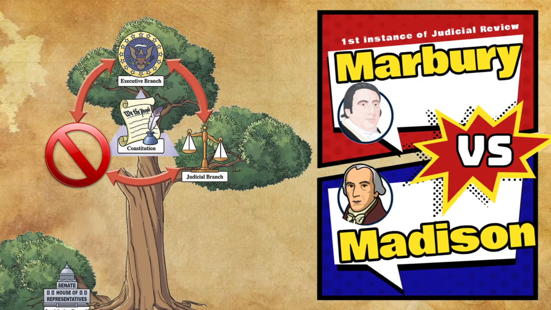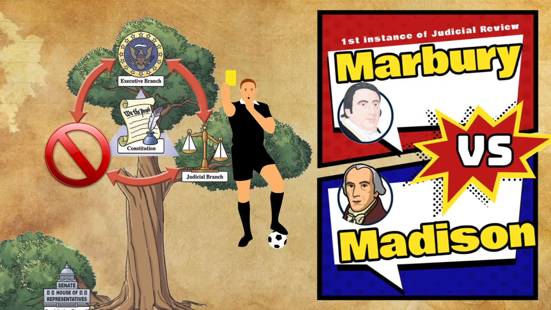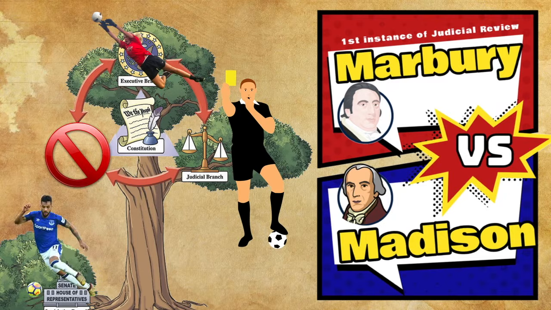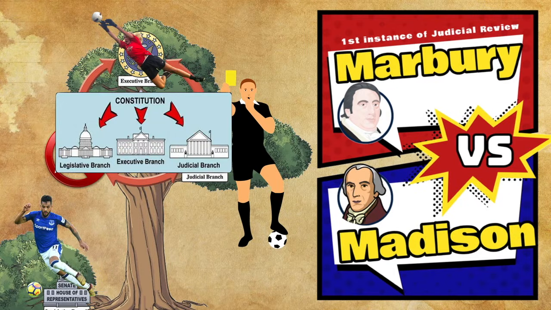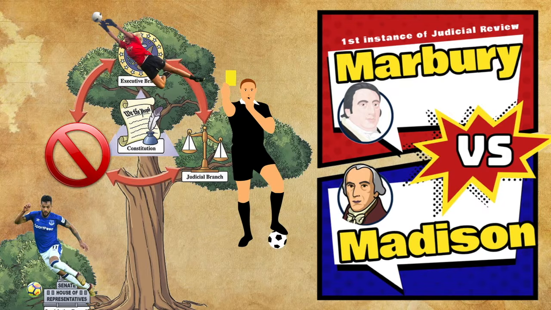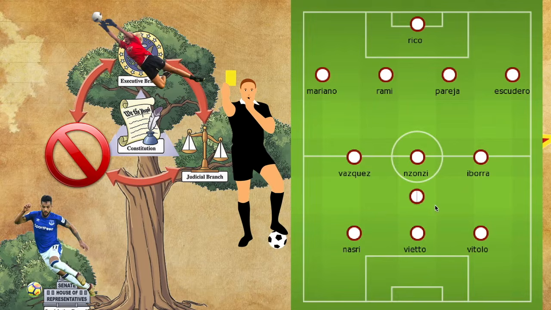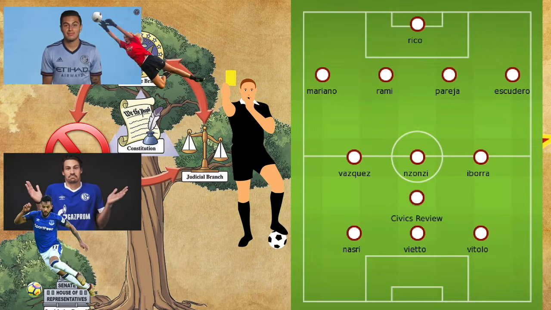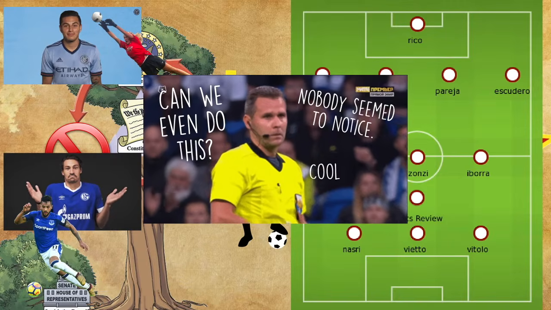So let's use soccer as an analogy of what's really happening here in Marbury versus Madison. We're going to call the judicial branch the referee, the executive branch the goalie, and then the legislative branch is everybody else. We understand how separation of powers works. Now imagine in the middle of the game, the referee decides to do something that's not written in the rules, like add a 12th player to another team because they're losing and he wants it to be more of a fair game. And the other branches kind of stare at each other and shrug their shoulders and say, okay, this is the new thing now, I guess.